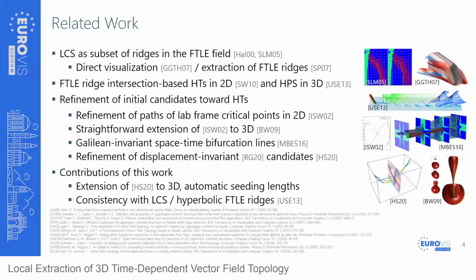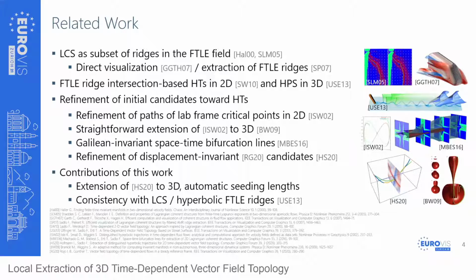Machado and colleagues proposed to use Galilean invariant space-time bifurcation lines for obtaining hyperbolic trajectories in 2D flows, which overcomes problems with using the lab frame in certain flow configurations. Last year we presented an approach that combines the displacement invariant frame of reference proposed by Roche and Günther with the refinement scheme proposed by Yuzhe and colleagues to obtain a more accurate time-dependent vector field topology for the 2D